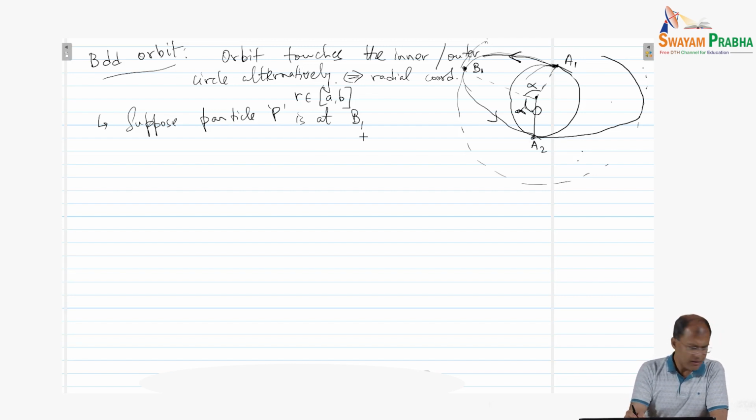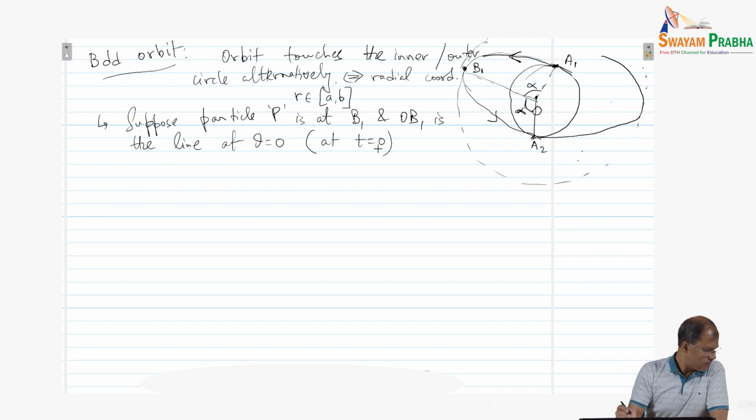So suppose the particle is at B1 and OB1 is the line at theta equal to 0. So OB1 is the line at theta equal to 0, and this is at t equal to 0, right? So OB1 is where the particle is at t equal to 0. So this is my reference baseline of the motion. Okay, so then we expect that we need to